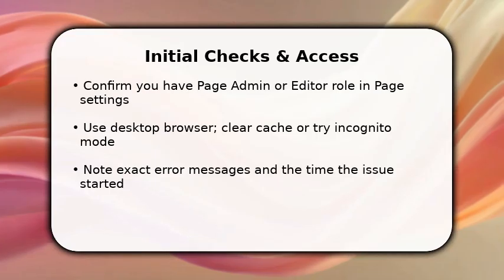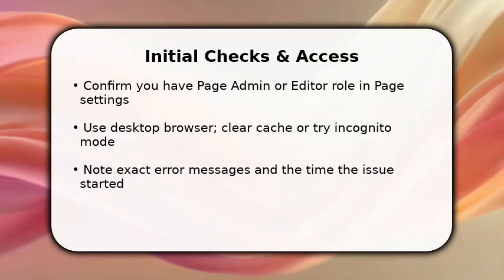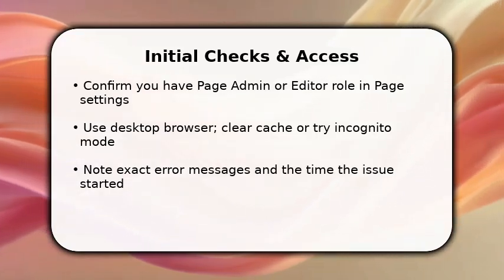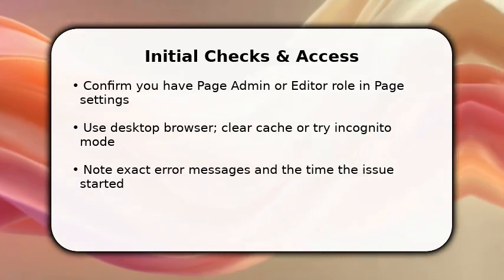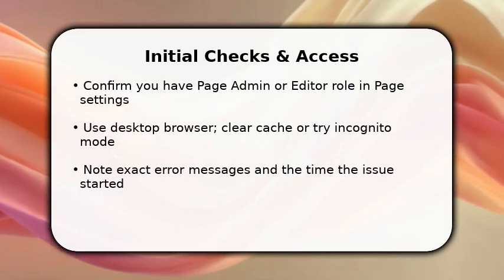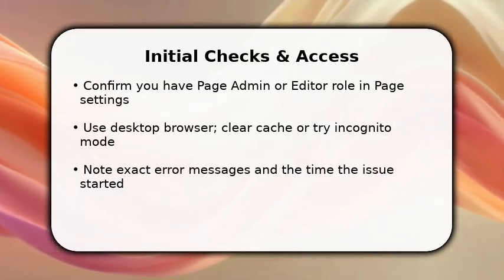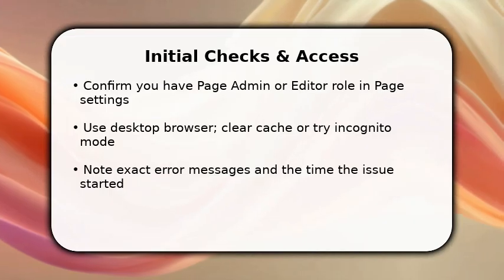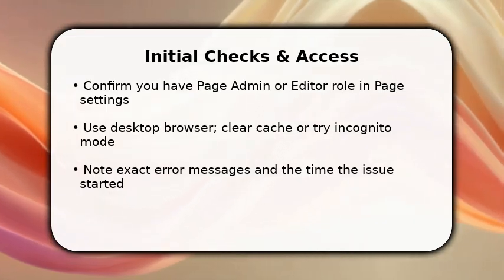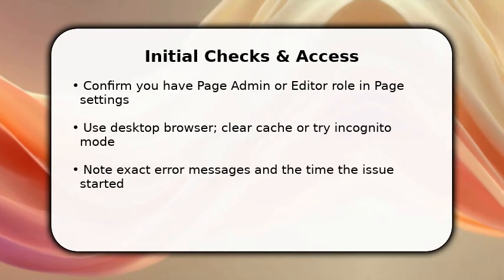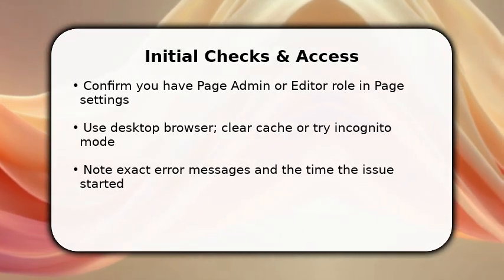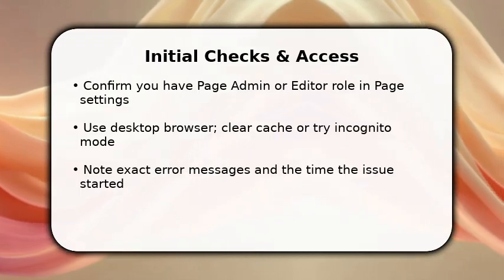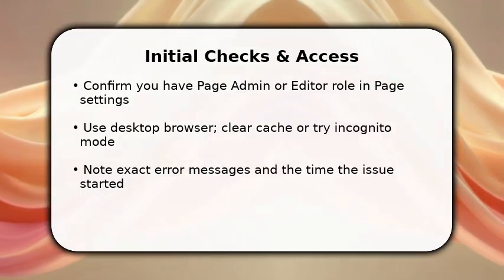You must start by confirming you have admin or editor access. This avoids permission dead ends. Once confirmed, log into Facebook on a desktop and clear cache, or open an incognito window to rule out local browser issues. Make sure to copy any exact error text and note when the problem began so you can compare behavior after each change. This first sweep saves time by eliminating access or browser causes before you change page settings